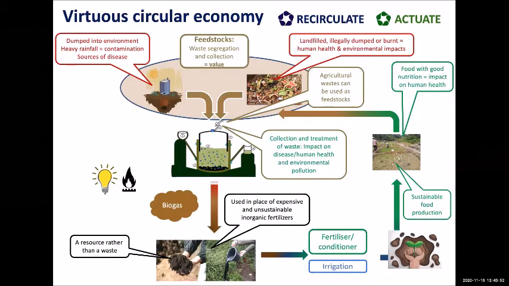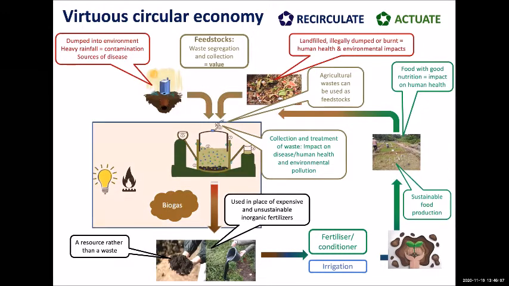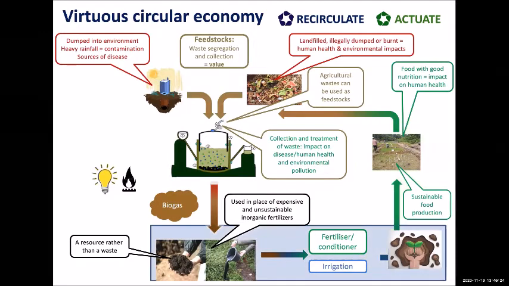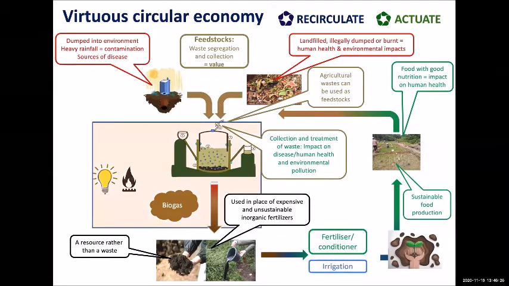But that in itself has value because it's extremely nutritionally rich and can be used as an irrigant, or indeed as a fertilizer or soil conditioner, to improve the quality of our soil and improve crop production, which is, of course, what we all strive for here, because the population of the planet is increasing and we need to feed that population. But of course, as with the bioenergy system, agriculture also produces its own waste, and of course that can feed back into